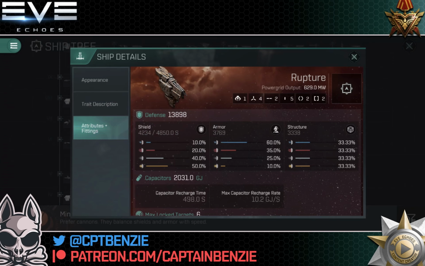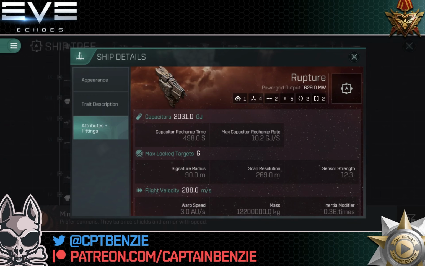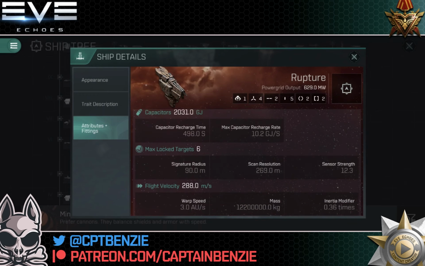Now, you could theoretically armor tank a Rupture. Most Minmatar ships will work both as a shield tank or an armor tank. It does work here on the Rupture. I wouldn't really recommend it unless you're in a position where you know you're up against just lasers. For the most part, though, you're going to be better off going with shield. And being a Minmatar vessel as well, we have low structure, 3,338. As we come further down, though, again, Minmatar vessel means high flight velocity, 288 meters per second, and a